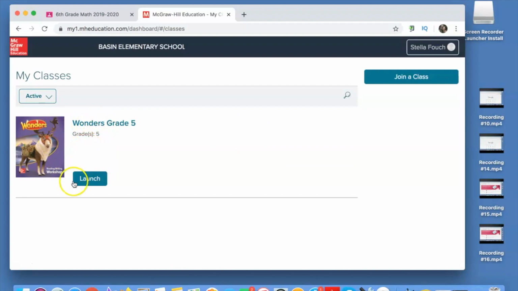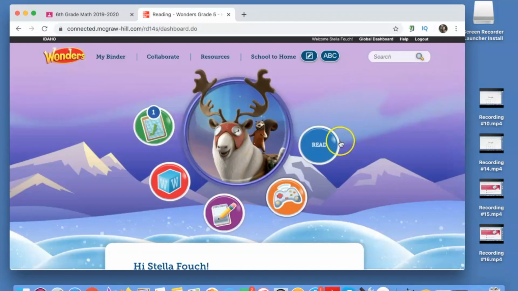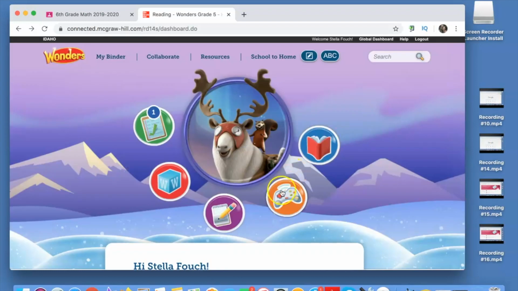But here we are in Wonders Grade 5. You'll hit the launch button and you'll see a page that looks like this. Here's a to read button. In the read button, you'll see stories that are assigned on a weekly basis. There also are some games right here, a writing tab, words to know, and this is a to-do area for